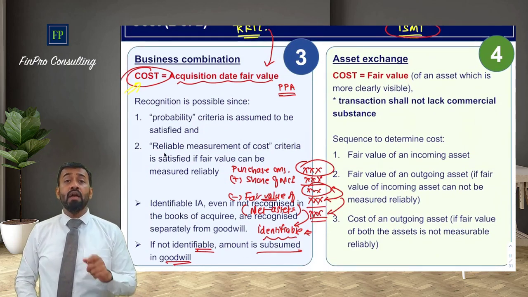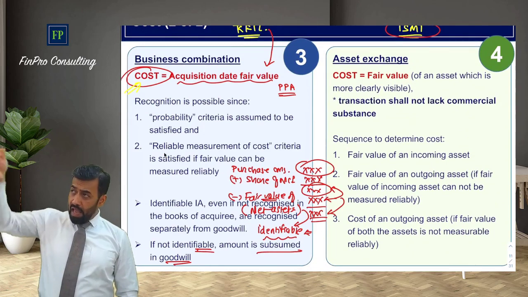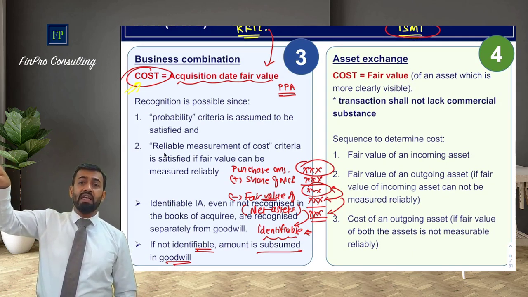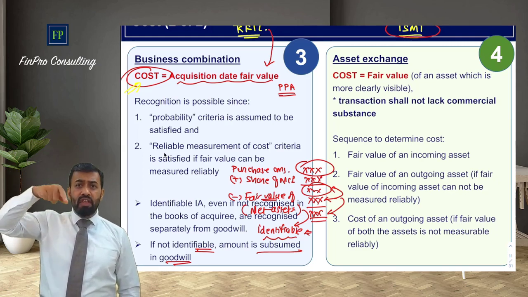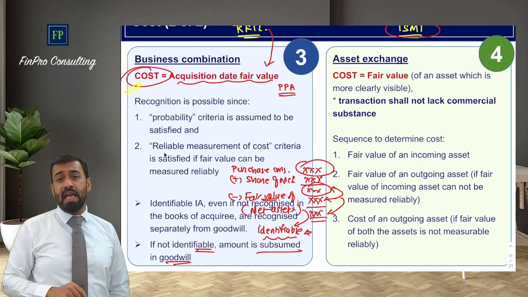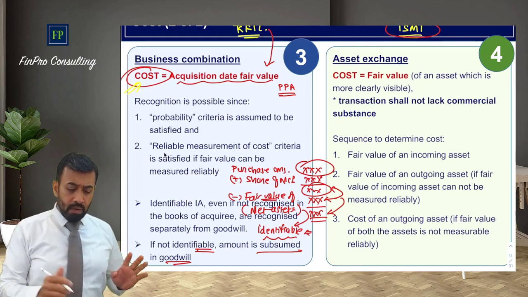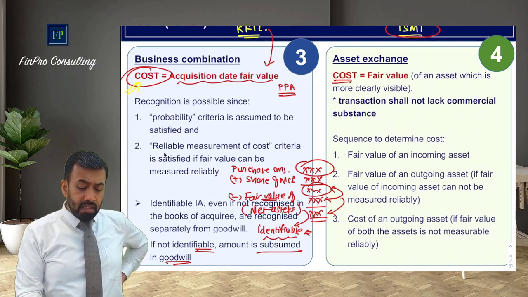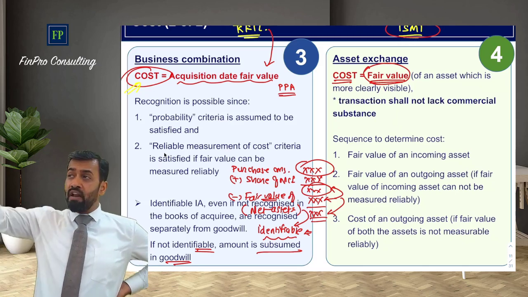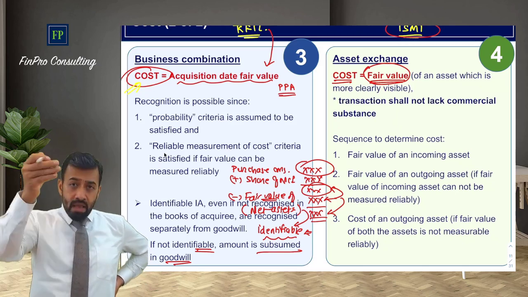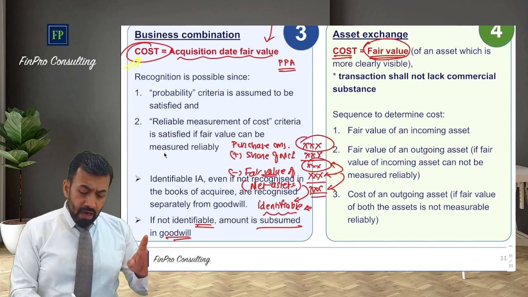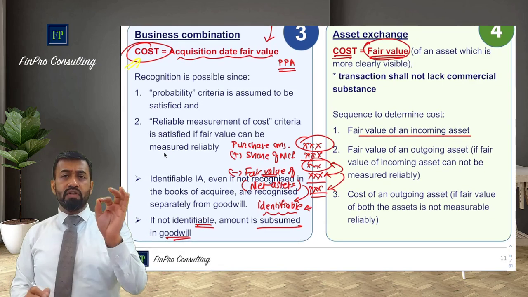What is that principle? When you exchange asset, the asset which is incoming asset, you find out the fair value of that asset, and on the basis of that you will record the new asset, measure the new asset, incoming asset. Correct? So that's why it's very simple. Cost of incoming asset is equivalent to the fair value. Now they have given only fair value. I told you the fair value of the incoming asset, from where this is coming. So standard has given the hierarchy. Now let's say fair value of the incoming asset is the first one which is given by the standard.